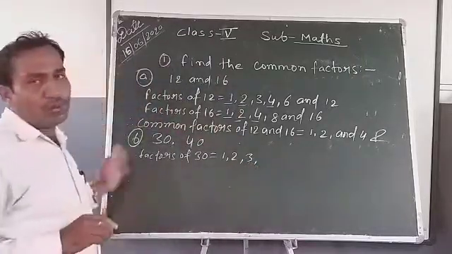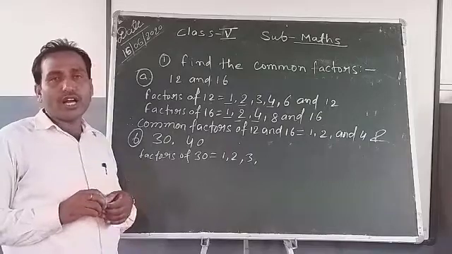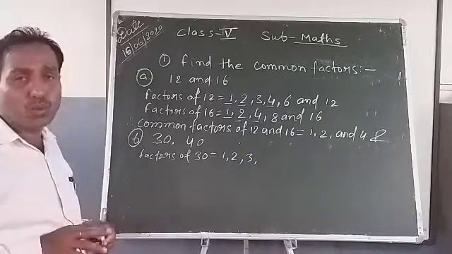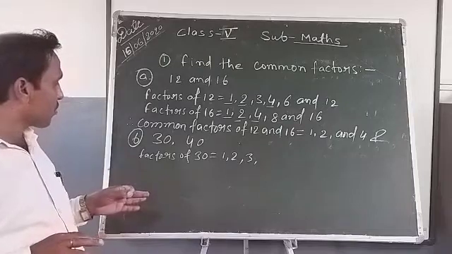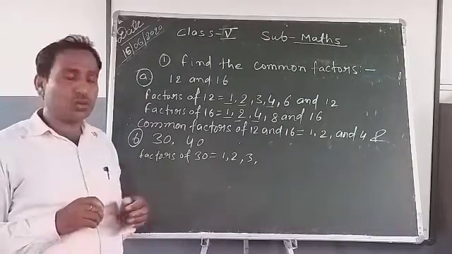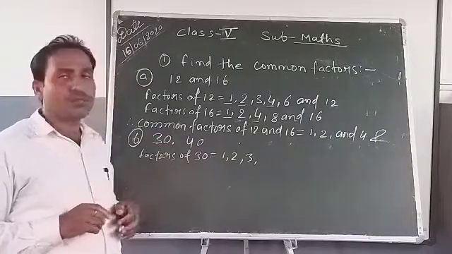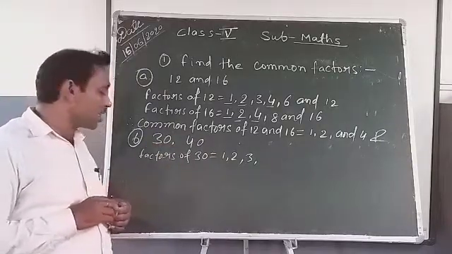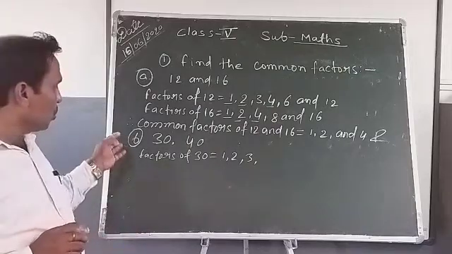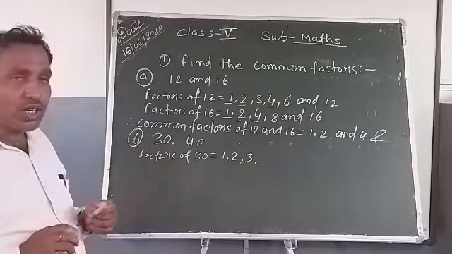Next, 4. The divisibility rule of 4 says if the number formed by the ones and tens place is divisible by 4, then that number is divisible by 4. So here, ones and tens place is the whole number 30, but 30 is not coming in the table of 4. So you don't write 4 as a factor of 30.